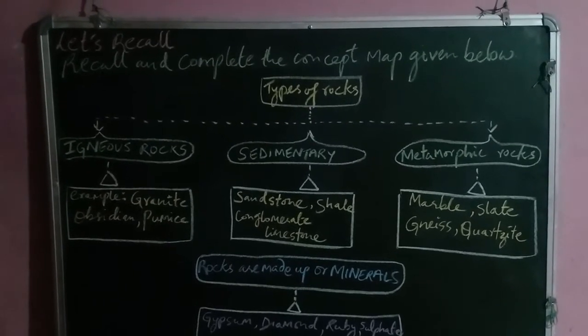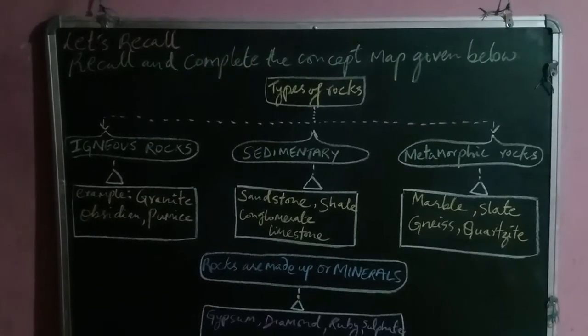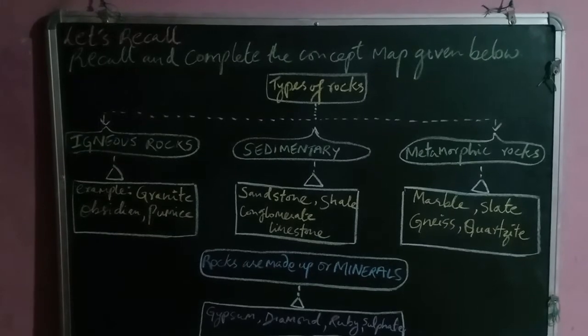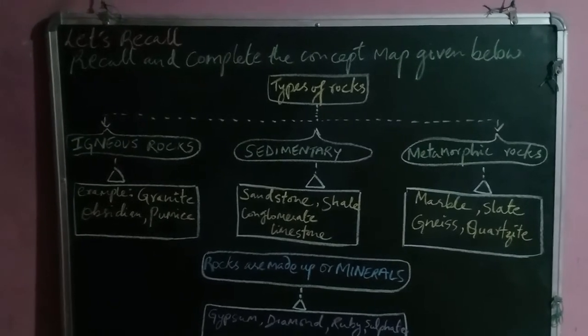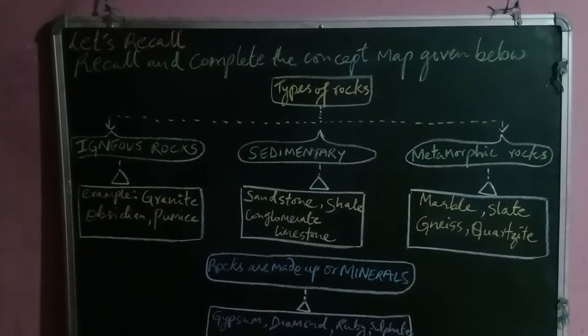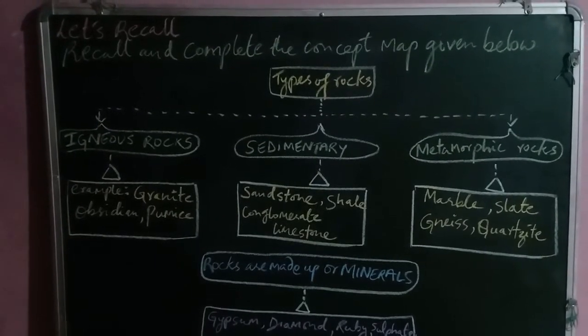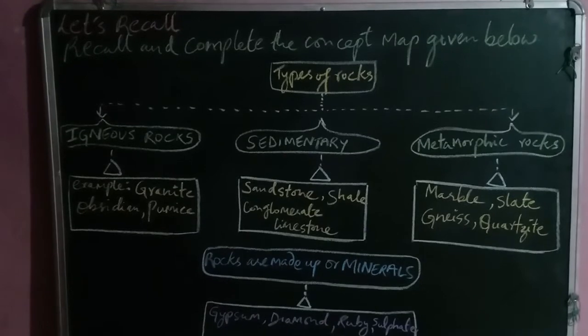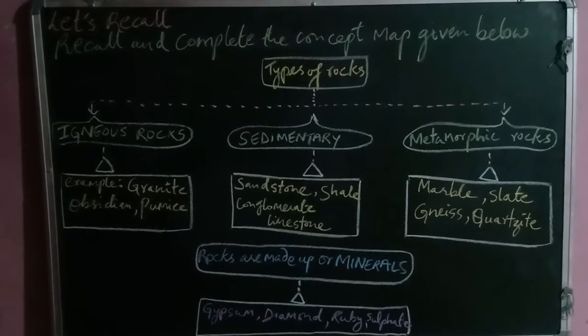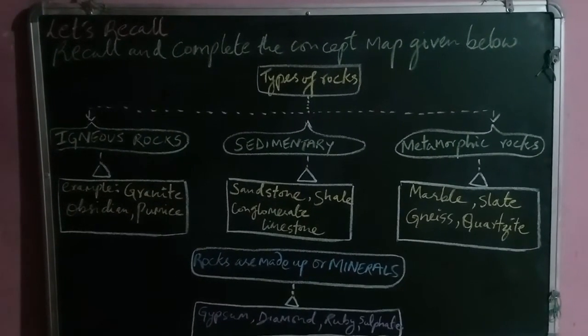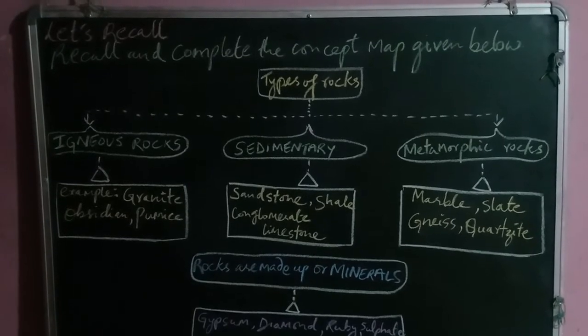Then examples for metamorphic rocks are marble, slate, gneiss, and quartzite. Then rocks are made of minerals. You have to write gypsum, diamond, ruby, and sulfate. Okay,